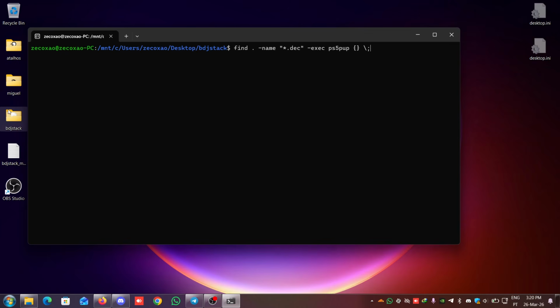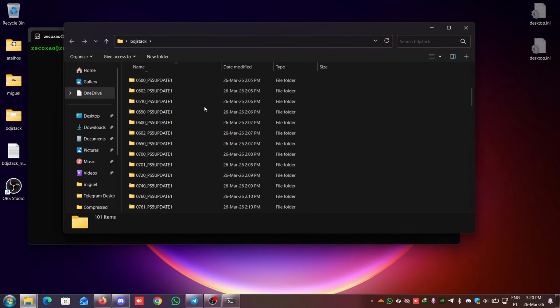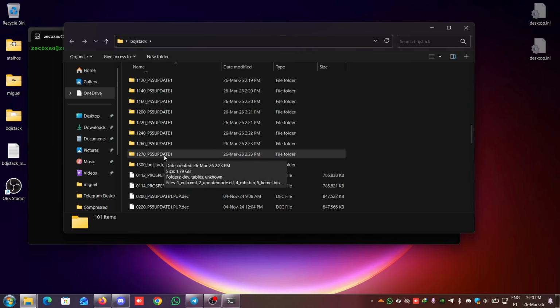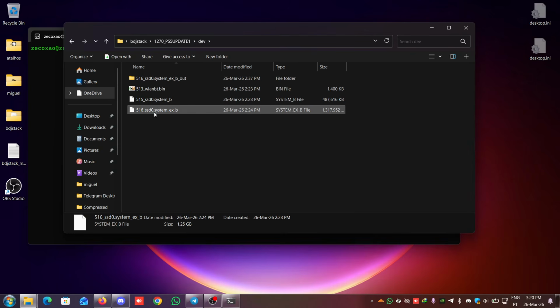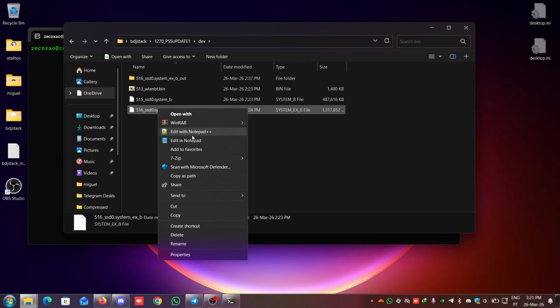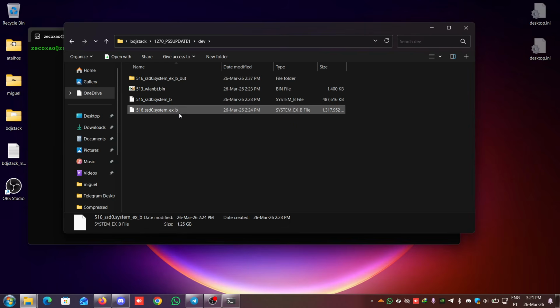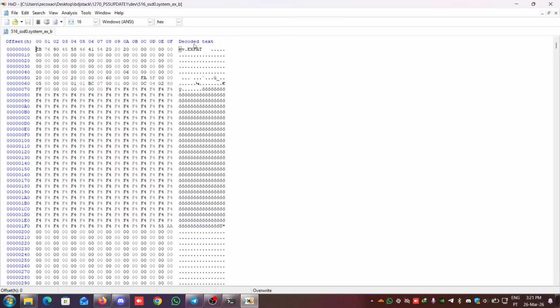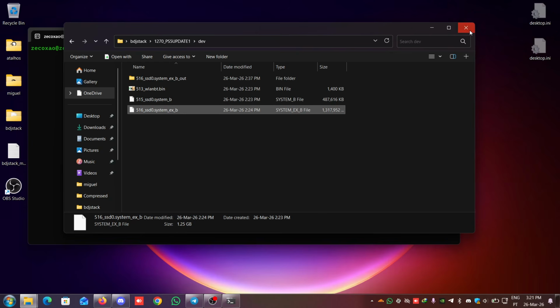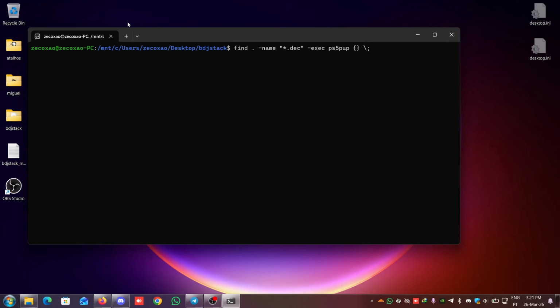So since the BDJ stack is inside the systemx, and the systemx is an exFAT file, if you open this with, let me see, you open this with the hex editor, you can see it has the exFAT header, so you know this is exFAT. You just go here, and with everything installed, everything done, you just do